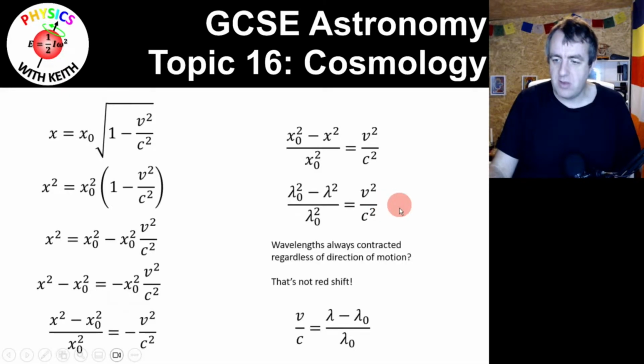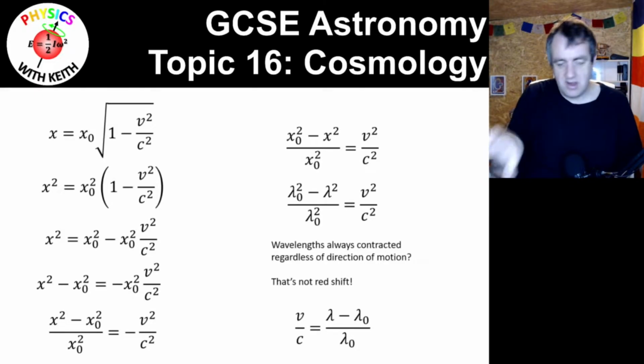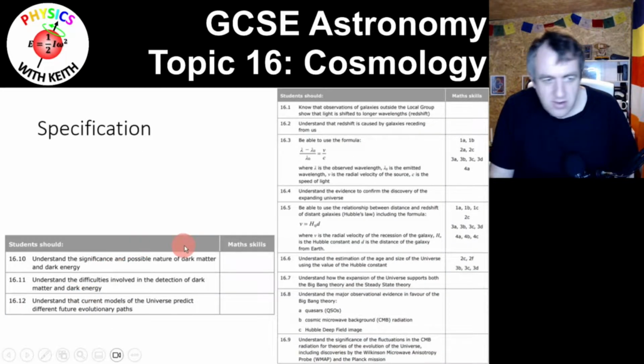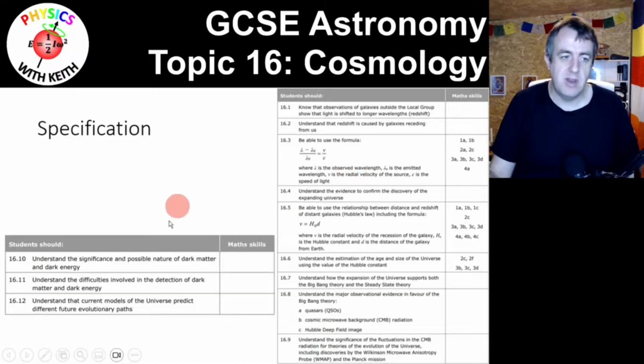But when you look closely at this, you'll think, well, it has similarities with the Doppler shift. But it is not the same. I'm going to leave that for you to think about, to ponder on. You can't use special relativity like this to get to a nice equation for redshift. And the equation we've got for redshift here is just a first order approximation. It's not very good. But it is GCSE level. And according to the specification, it says, get the exact wording here, be able to use the formula. So you don't need to memorize it, you just need to be able to use that formula. You know, how good that formula is, that's another story. Right, let's